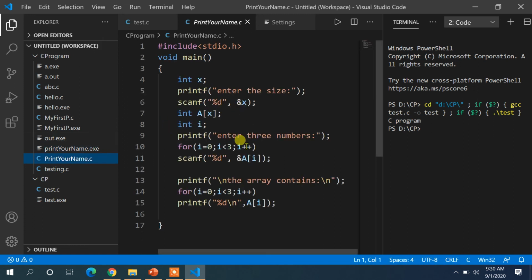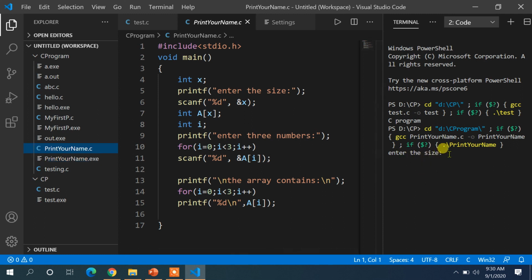Okay, so this is the program where I am trying to read 3 numbers from the user and print them. If I run it, it will ask what the size is. Let me put 3 over here, then press enter, then enter 3 numbers. Let's say I have input 23, 24, 25. Now the array contains 23, 24, 25. That means it is running fine.